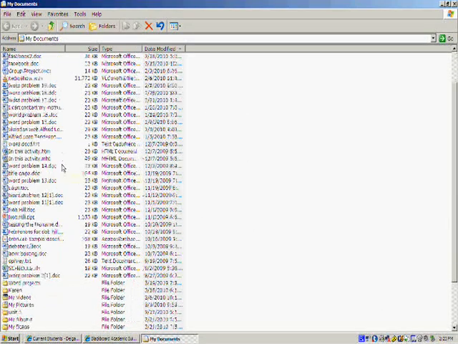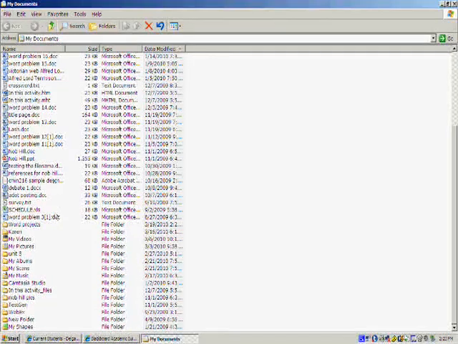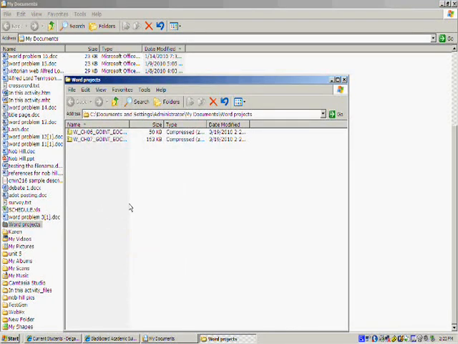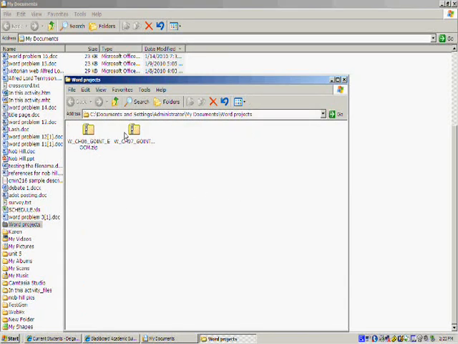Unfortunately, I have a lot of folders, but I created this Word Projects folder. So now I'm going to double click it, and there are my two zip files. I'll change the view here to icons so they're a little bit easier to see. To extract the files out of one of these zip files, you should right-click right on the file you want to extract, choose Extract All from the shortcut menu,